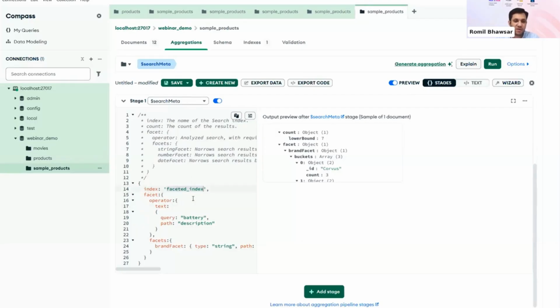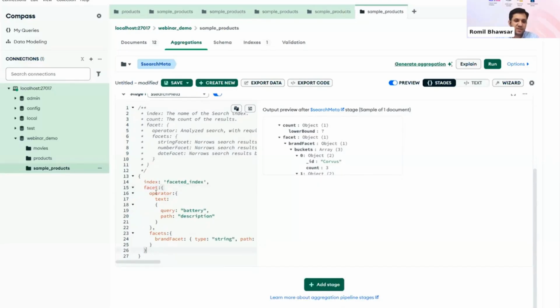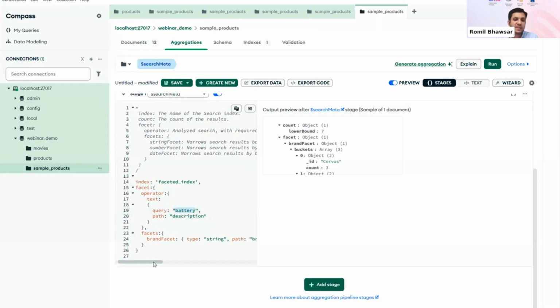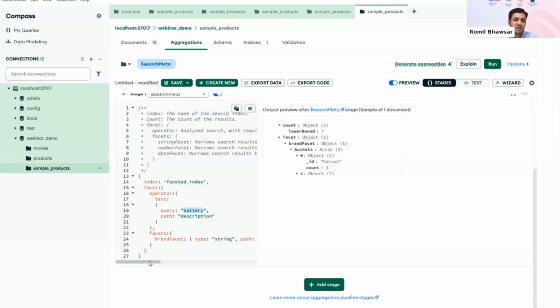Here I have used the facet index, and inside it we need to use the facet operator and add the conditions. I want to find the documents where the description contains battery, and then group the matched documents